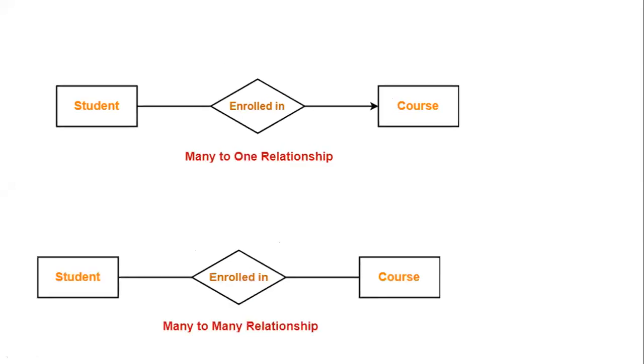Next one, many to one. In this scenario there is only one course, but a number of students can register for that single course. So a many to one relationship exists. Only one course is present, and the enrollment is done by a number of students. So many entities are present on one side and a single entity on the other, which is why there is no arrow on one side and an arrow on the other. So it is a many to one relationship.